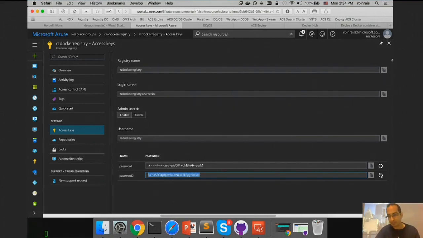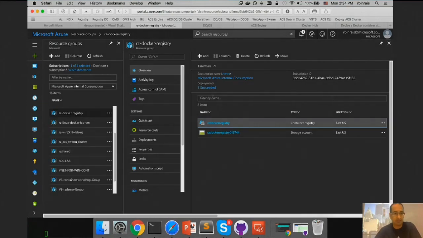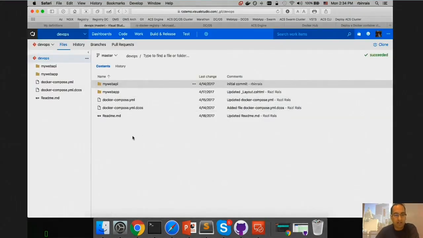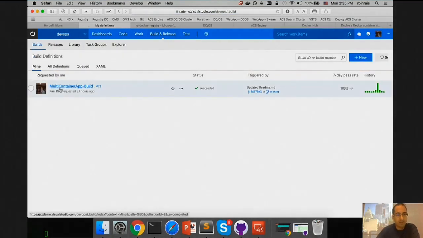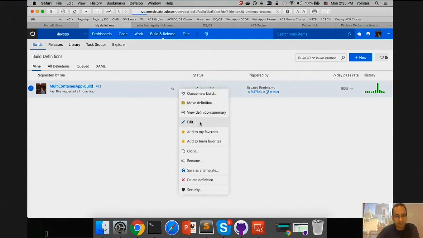All right, so that's the registry piece. If you go back over here, we have our code here, and we have a piece of the infrastructure that we need. If I go and look at the build and releases section right here, and go into the builds first, I have a build called the multi-container app build. This is the name of my build, and if I edit it,